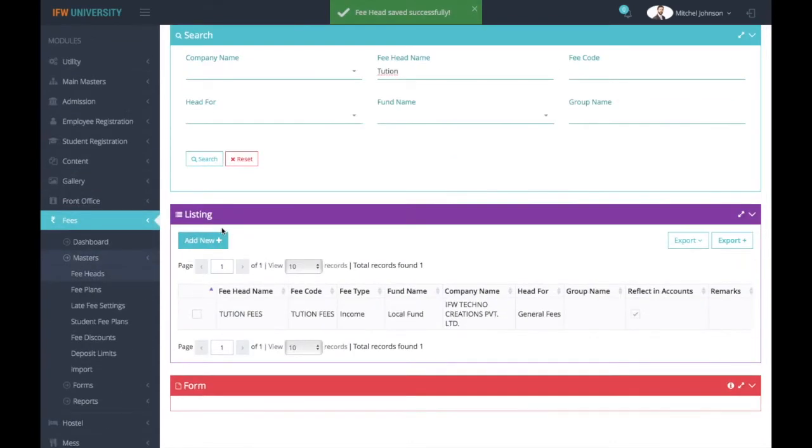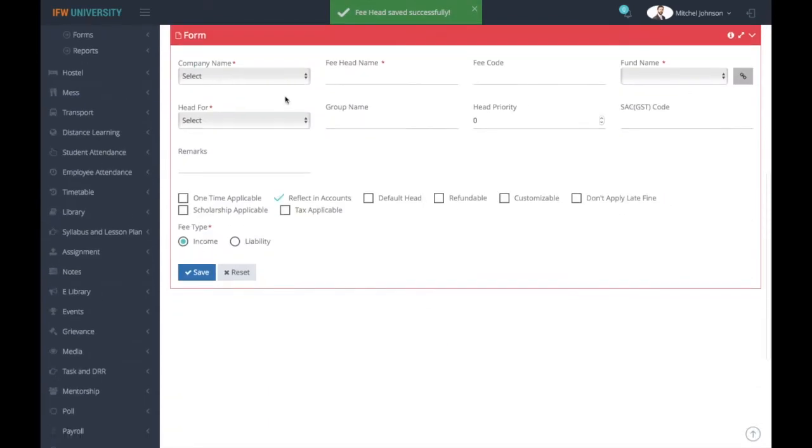If you want to add any new record, click on add new and select the fields provided here. Add a new record, suppose university fund. Now the students will be paying some amount in the name of university fund. You can give a fee code,